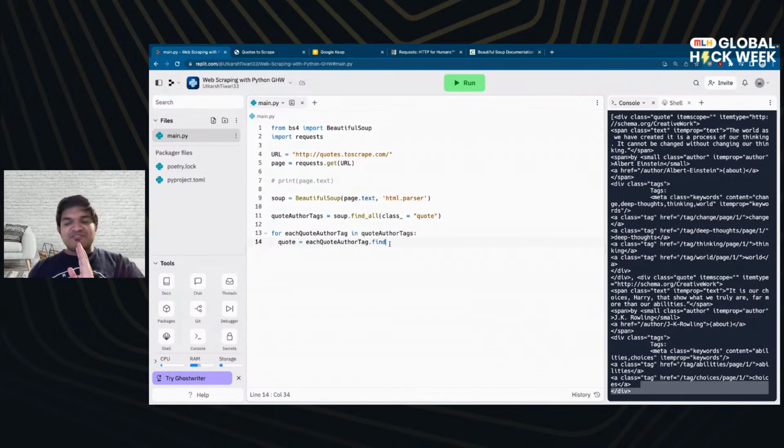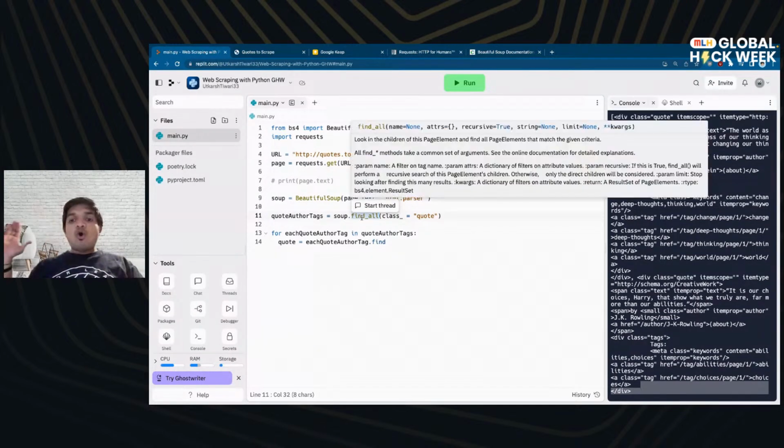I'm going to wait for 5 more seconds if anyone wants to answer, and then I will move. So we'll do a find. So what is the difference? Find all basically finds us everything, all the divs. Yeah, perfect. But we'll do a find because this is